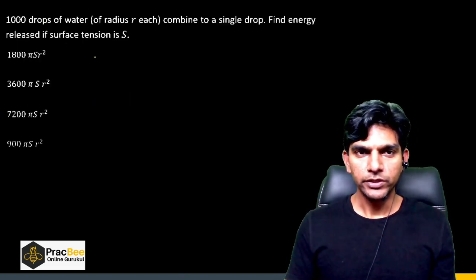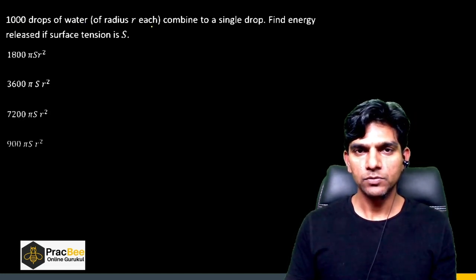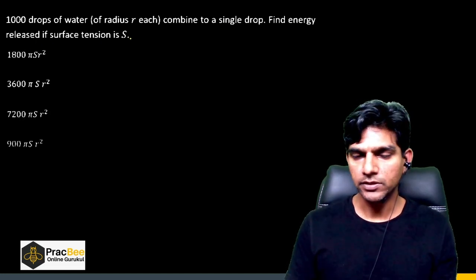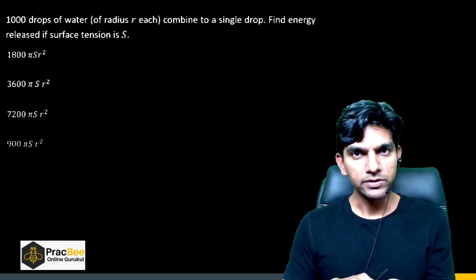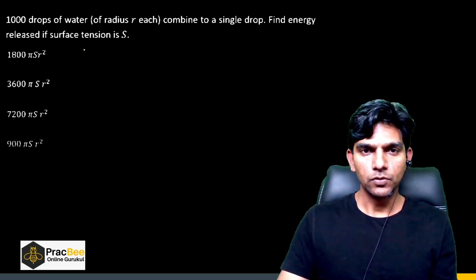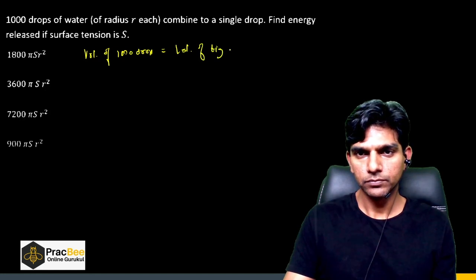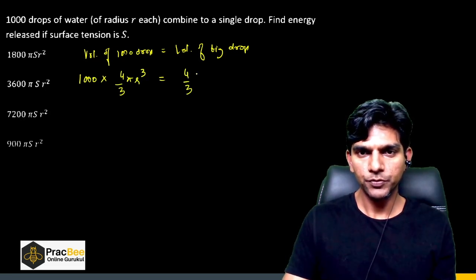Next question is from fluids, surface tension. So 1000 drops of water of radius small r each combine to a single drop. Find the energy released if surface tension is S. So 1000 drops will have more surface area as compared to a single drop. So first we'll apply volume conservation. The volume of 1000 drops will be equal to the volume of the big drop. Now this will be 1000 times 4 by 3 pi small r cube, and the volume of the big drop will be 4 by 3 pi